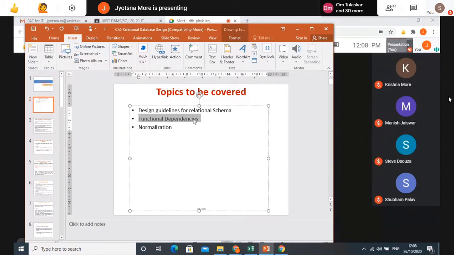So that is another question till now. It is asked in almost every paper for 5 marks. Either they ask the question for theory, or they ask one sum based on this functional dependency. Identify all the functional dependencies from the given table, or check whether this functional dependency exists for this table or not. Such types of questions are asked for 5 or 10 marks based on the functional dependency.